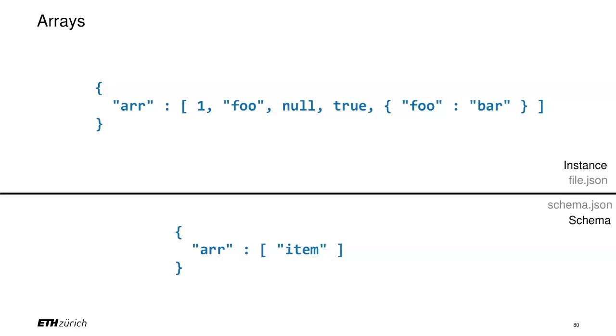Who sees that? It's an array of items. And you see the compact syntax is meant to be legible by a human being. Here, we say it must be an array of integers. Also very compact syntax. And you agree the instance is an array of integers. It's an object with R associated with an array of integers. Who finds it easy to understand? It's very straightforward. So that's the goal of this syntax: when you look at the schema, it almost always looks like the instance in some way. So it has the pattern of the instance.